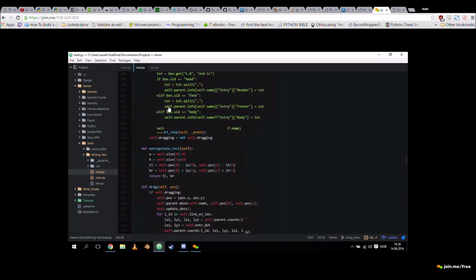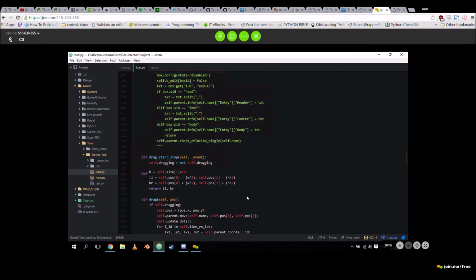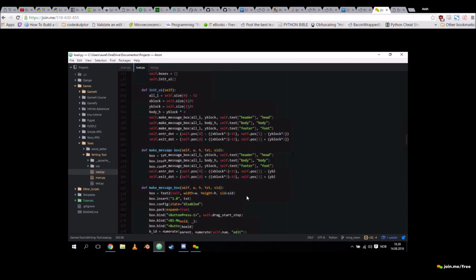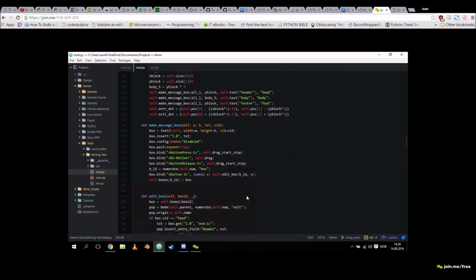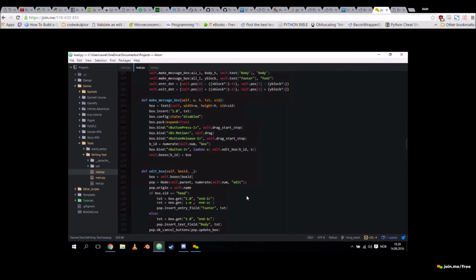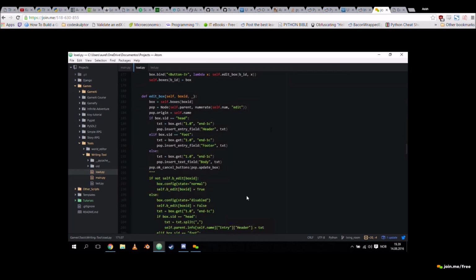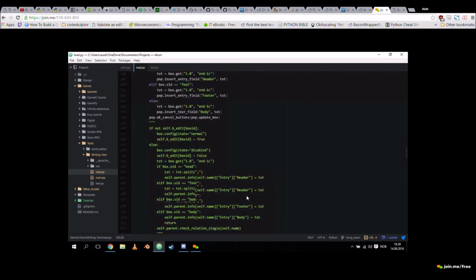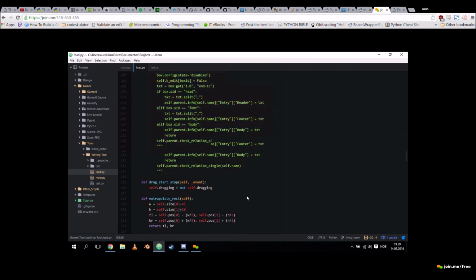Let me show you an example of that. So this is a sticker. This is the sticker that you see with the two red dots next to it, right? So then if I want to make a message box, I get the box. Here I'm using text 2, not the regular text, so that I can decide my own widths and heights. That's very important. Let's see here. Node self parent. So I'm making another node in the parent. So I'm going up to the canvas and telling the canvas, make another node in your canvas. So that's one way of doing it.